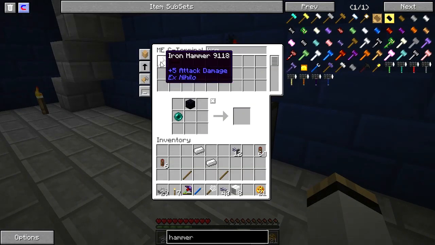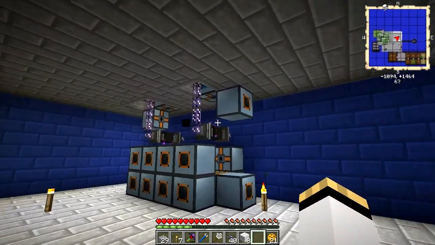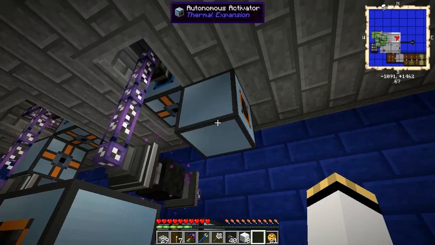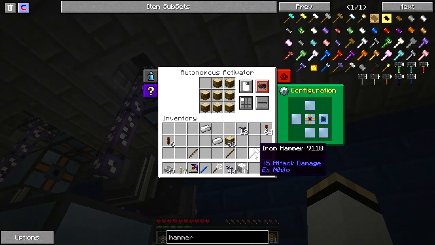Let's craft me an iron hammer. Begin. And let's just get something that I have so much of that I don't care about wasting some. Not wasting it entirely, but we'll see. So this, I'm going to set it up to use the first slot only, to accept from here, and then I'm going to fill the rest of the slots with rubber wood